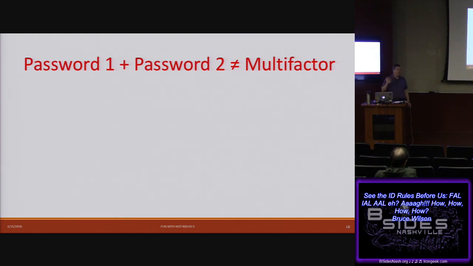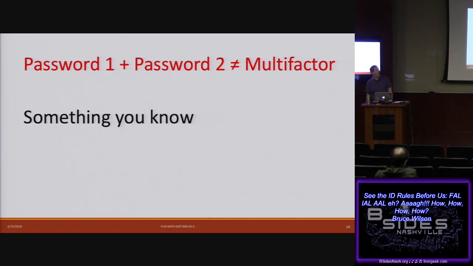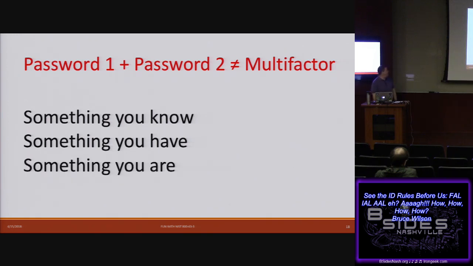Comment here, and NIST is very clear on this point, and it's interesting because I had an argument about this with a fairly well-respected company that deals with password managers. They were very proud of their multi-factor authentication because they had 2 passwords. I'm sorry, password 1 plus password 2 is not multi-factor. Those are 2 things that you know. Multi-factor is a combination of something you know, something you have, something you are. Again, reminder on all of that.